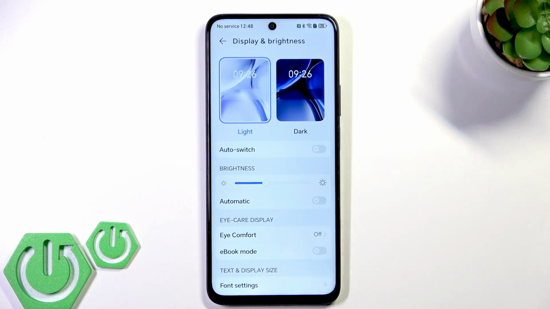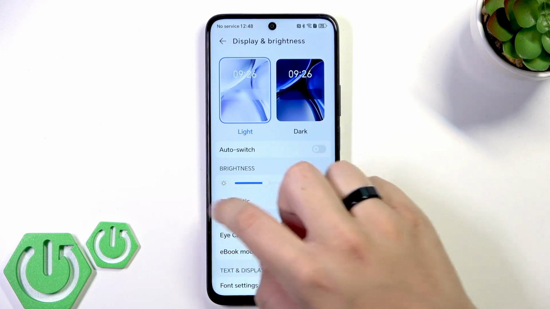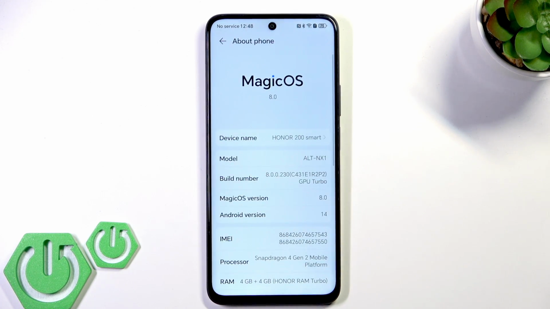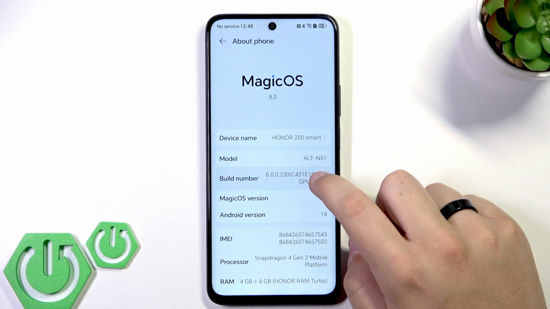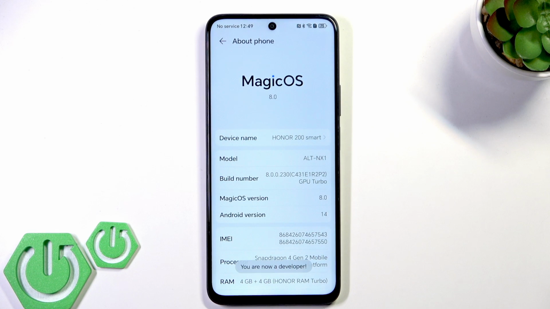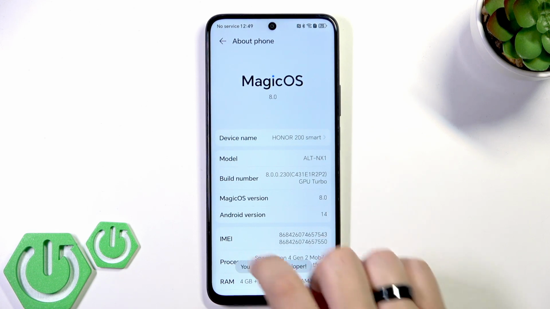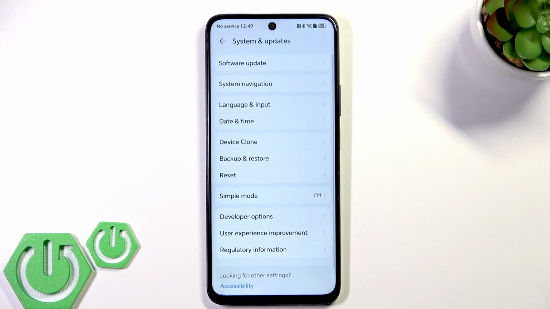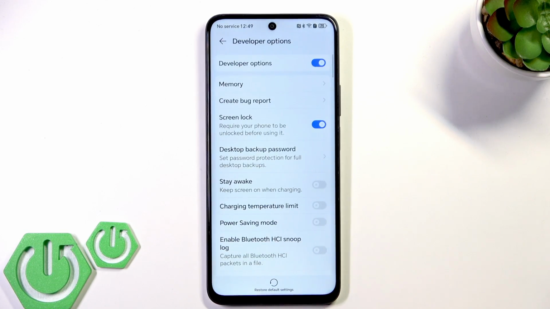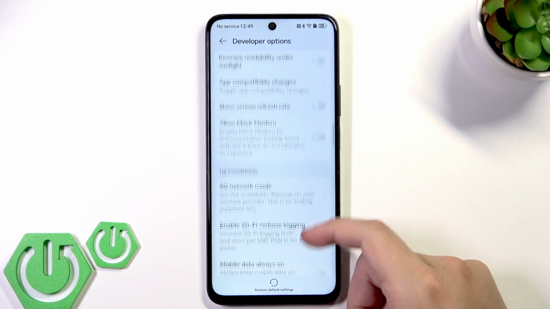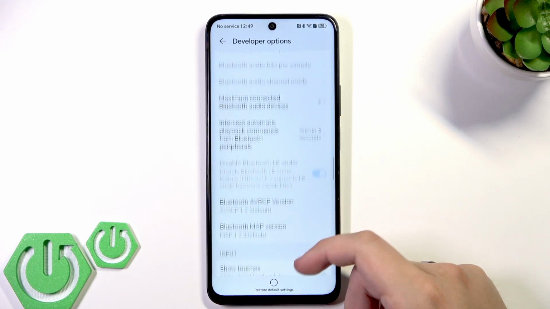Now if it's still a problem, then go over to the About Phone section and now click a couple of times on the build number. Now enter your passcode if you have one, and now we are a developer. So go over to system and updates, here click developer options, and now scroll a bit down until you guys see, let me show you,